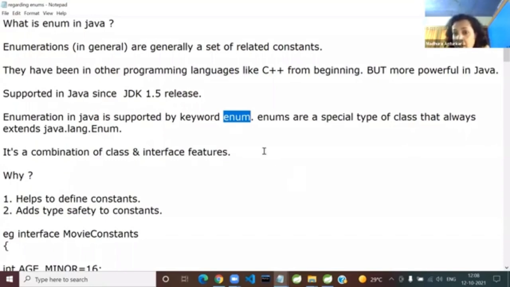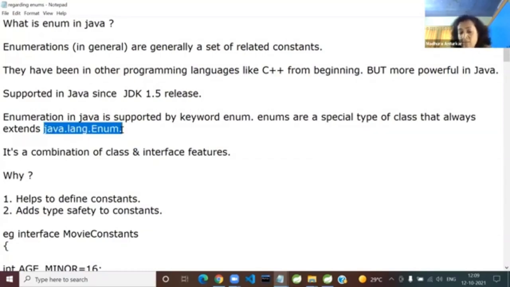Okay, next one. But if you say enum, enum is nothing like a new type or anything. Internally, I'm going to show you the generated code and all that. The compiler does so many things automatically. So enums will be compiled into classes. You'll see it in a couple of minutes. And those classes, what will be the default? It's a popular question. People ask you, which is the common superclass of all Java enums? Answer is